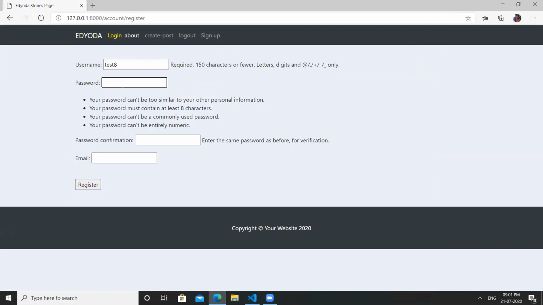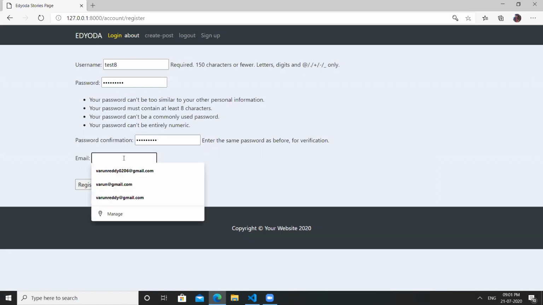The password must be at least 8 characters, it should not be a commonly used password, and then the password confirmation, and we give a related email.